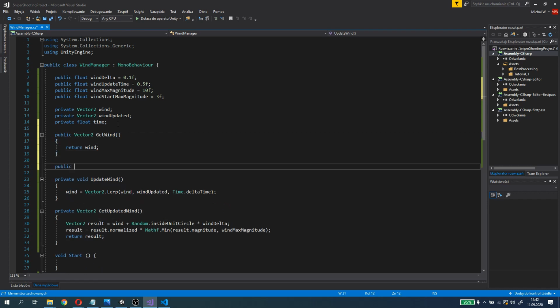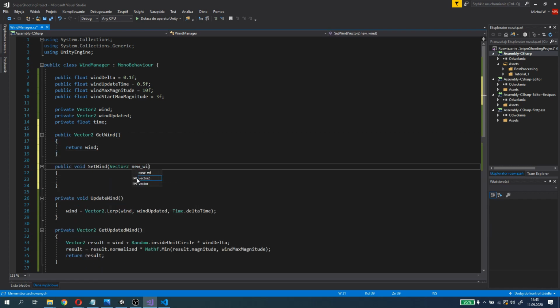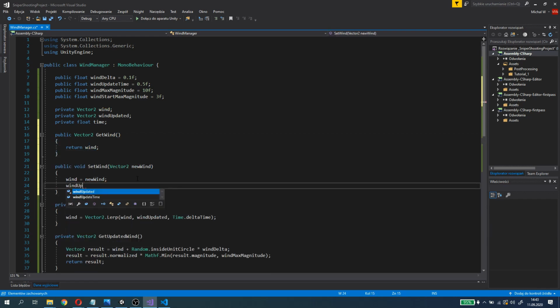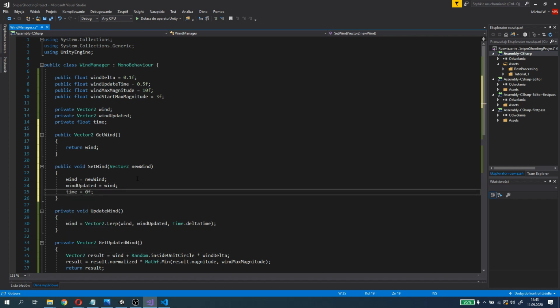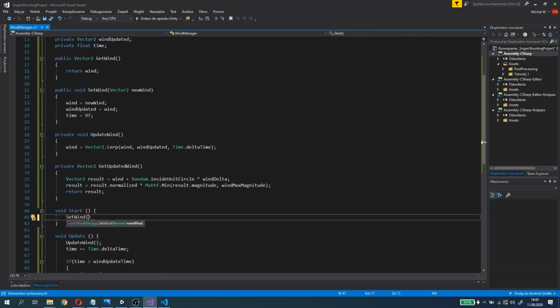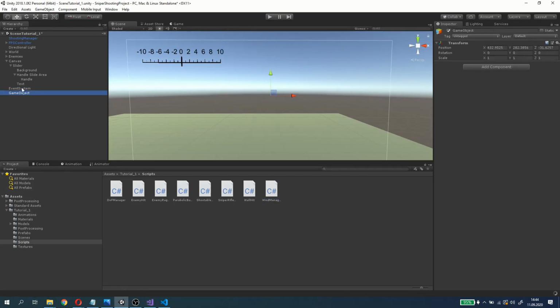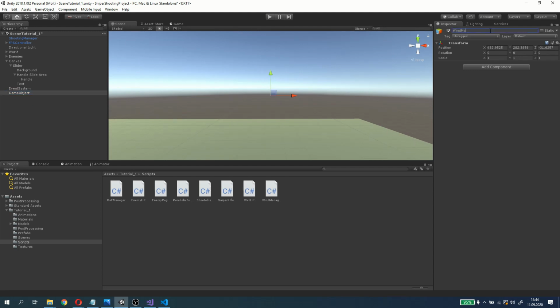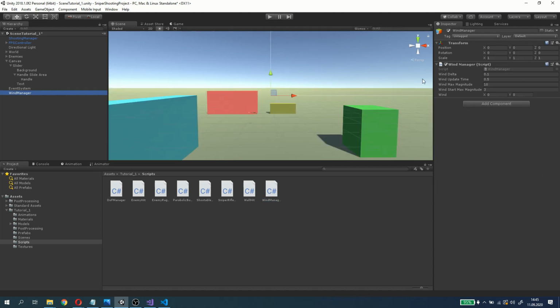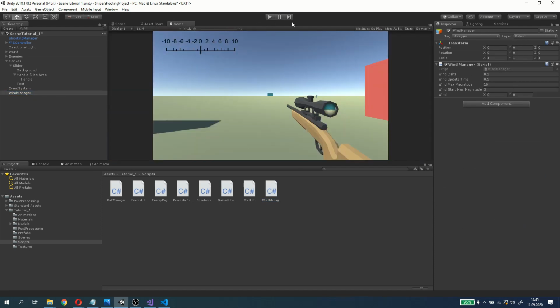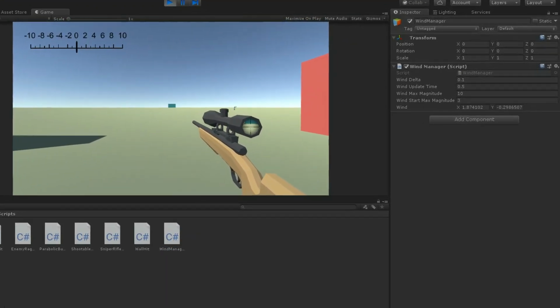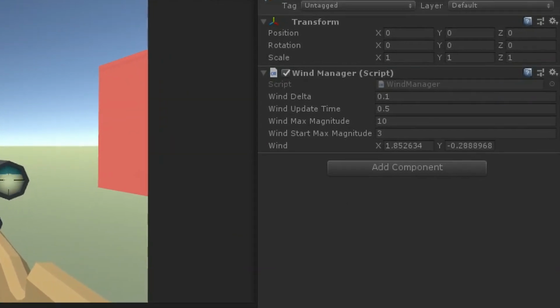Next, we can create a getter and setter for our wind. In the Start method, we call SetWind with a random vector multiplied by wind start max magnitude. For now, let's set our wind field as a serialized field for debug purposes to see its value in our editor. After creating a wind manager object and attaching our component, we can see that our script works properly and the wind